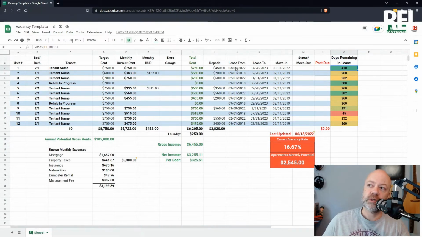So you're going to put your lease from date, your lease to date, and your move-in date. This is just so that you as a property manager can keep track of a few things. But the lease to date, when the lease ends, is particularly of interest, because what's going to happen is that every time you come in here and update this spreadsheet, you're going to want to update this field, and it's on quadrant,